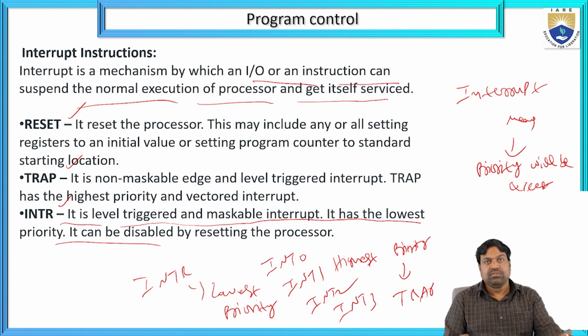So how many types of interrupt instructions are there? When the priority should become, then we have to go for the interrupt instruction. So interrupt instruction mechanism is which by input output of the instruction can be suspended when the normal execution of the processor engages itself. Normal operations can be suspended only when priority should become. So reset means it will include all setting registers to an initial value or setting program counter to standard starting location. So reset means we are starting again, refreshing the program. Trap means it is a non-maskable edge and it is the highest priority of the interrupt. And INTR is the low level maskable interrupt and it is the lowest priority can be assigned,